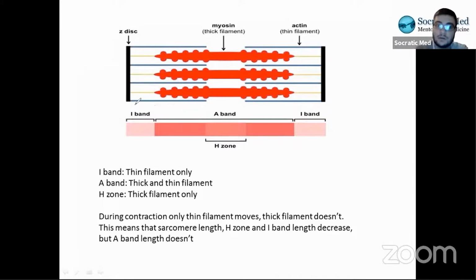So if you want to think of it, the thin filament, the blue, is going this way and this way. Eventually, if this moves closer to here and this moves closer to here, the H zone will only be this small part that hasn't been reached yet, this new part. The H zone will have gone from this size to this size, right? So it would have shrunk.